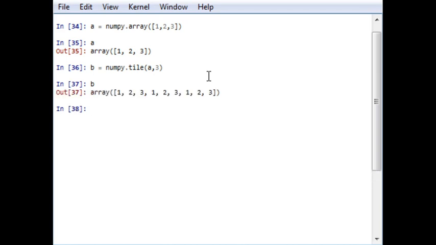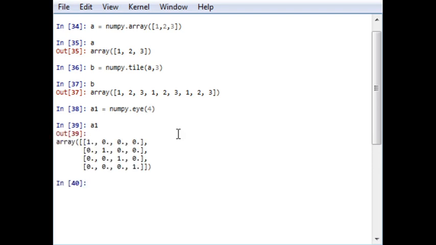That is the array. Okay, another example to do the same for a two-dimensional array is using an identity matrix. That is A1 is equal to numpy eye 4. Okay, so A1 will be this.